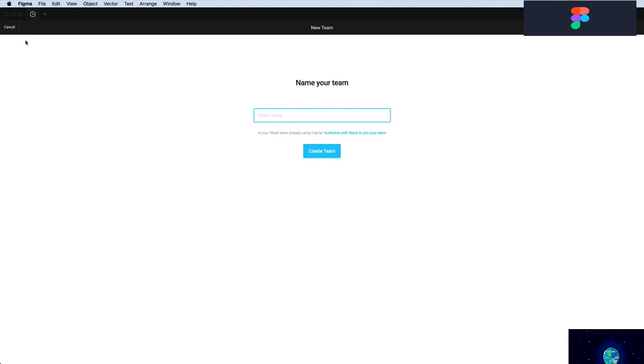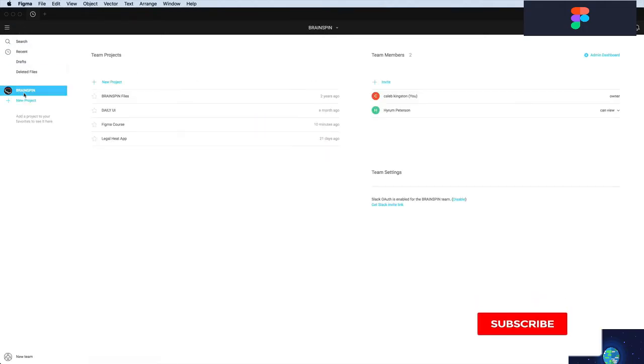Because I already went through this, I'm going to click cancel, and I've enabled a paid account under the team Brainspin so I can show you this feature. Now if you're working with the free account, you don't have access to the team libraries, so you won't be able to follow along with me, but I'll still be able to explain how team libraries and the panels work. And if you do have a paid subscription plan, feel free to just add a team